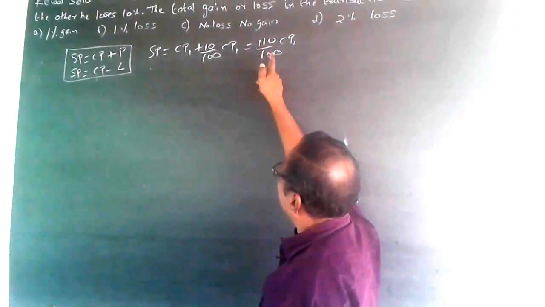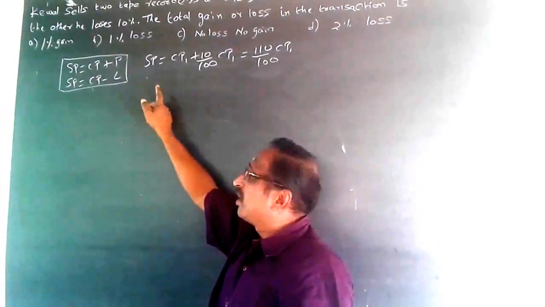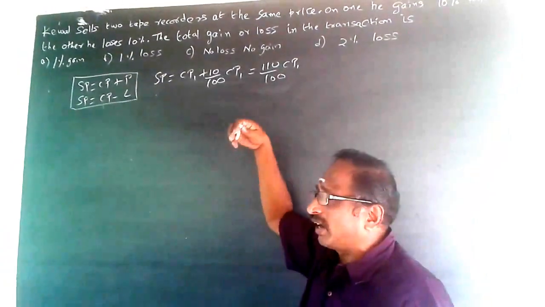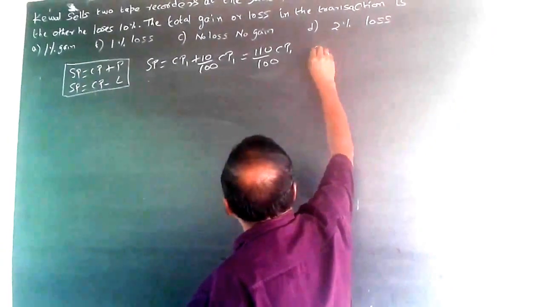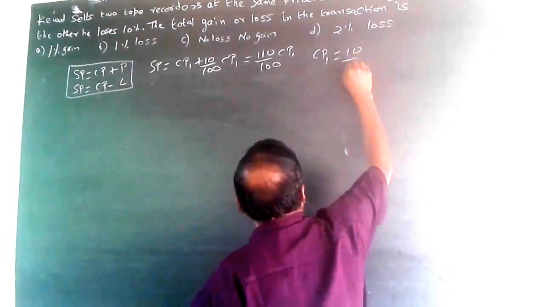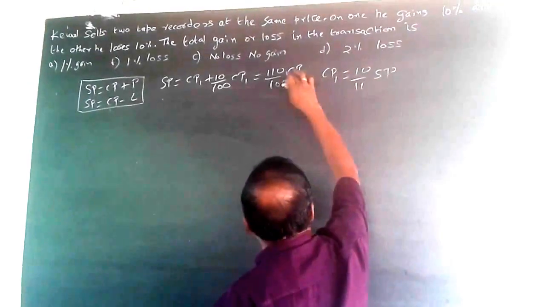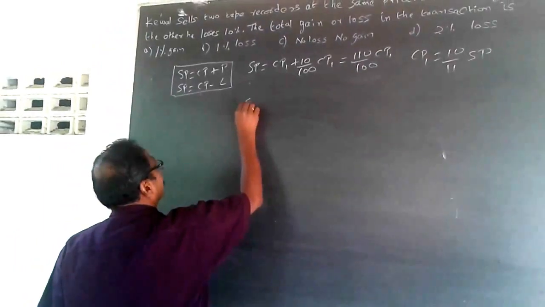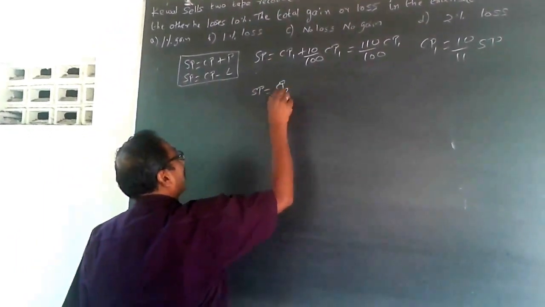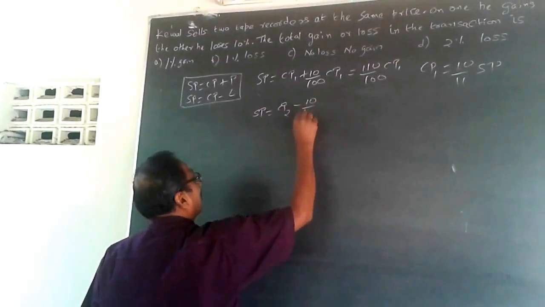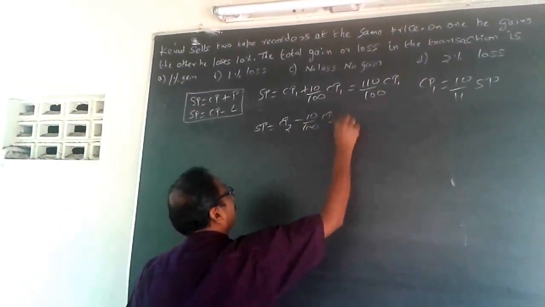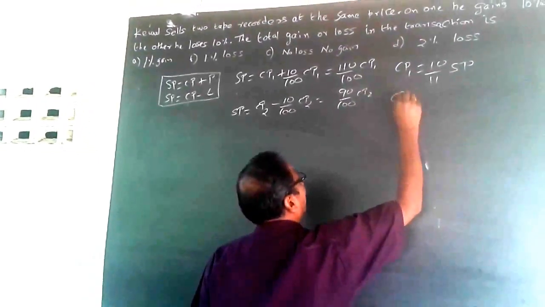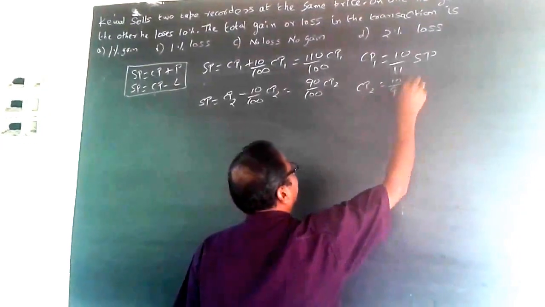So here what I do is, I will convert it into a single variable because I am using three variables. One is selling price, the others are cost prices. On one I am going to make a profit, on cost price two I am going to make a loss. So I will have to convert everything into a single variable. So I make CP1 as 10 by 11 of SP. So this 0, 0 will get cut. This will become 10 by 11 of SP. Now the next selling price is also the same. So selling price will be equal to CP2, where I am going to make a loss of 10%, minus 10 by 100 of CP2, which will be equal to 90 by 100 of CP2, or CP2 will be equal to 10 by 9 of SP.